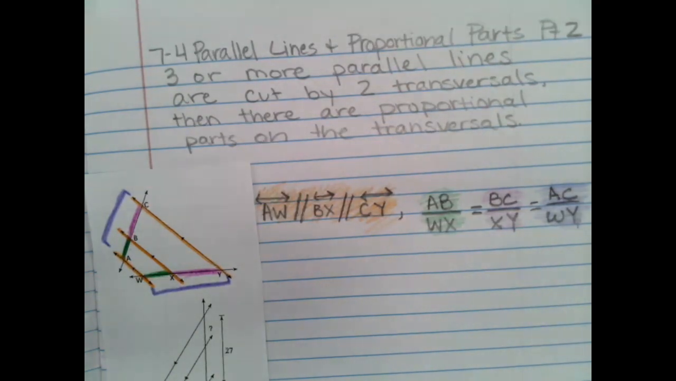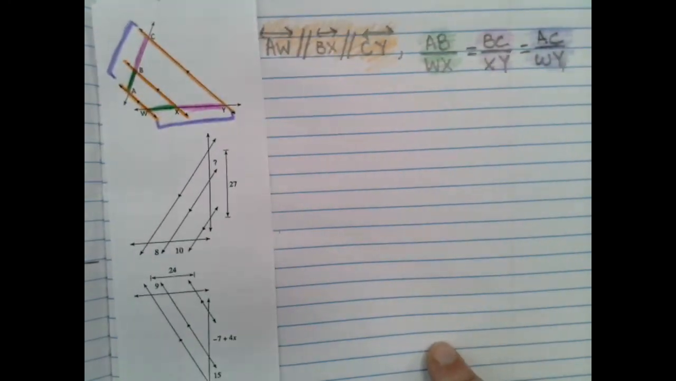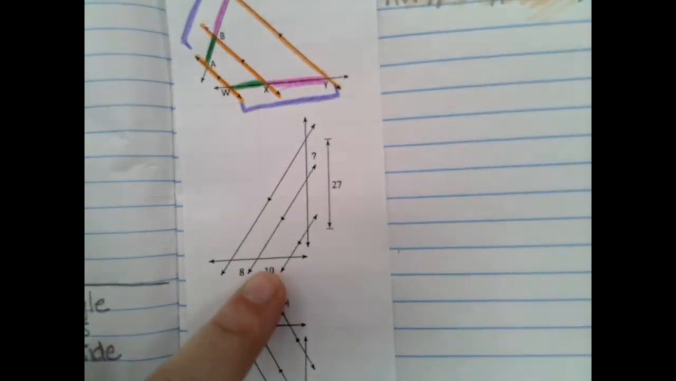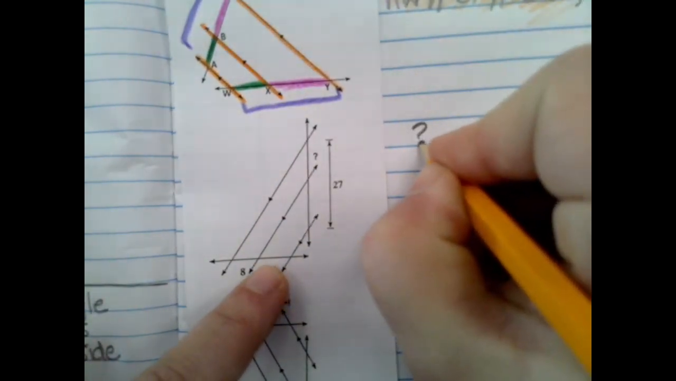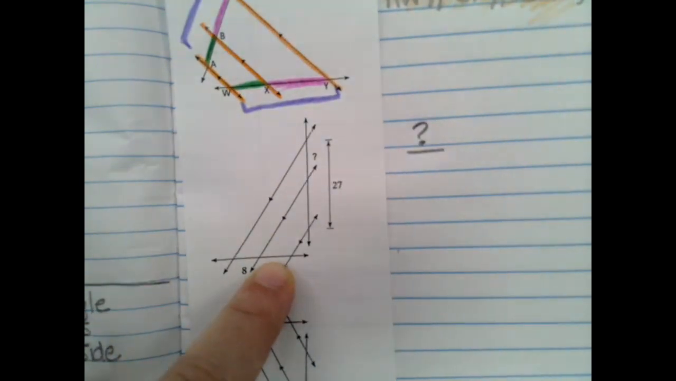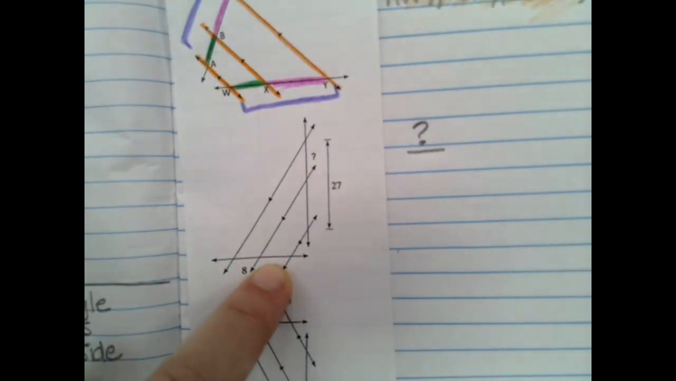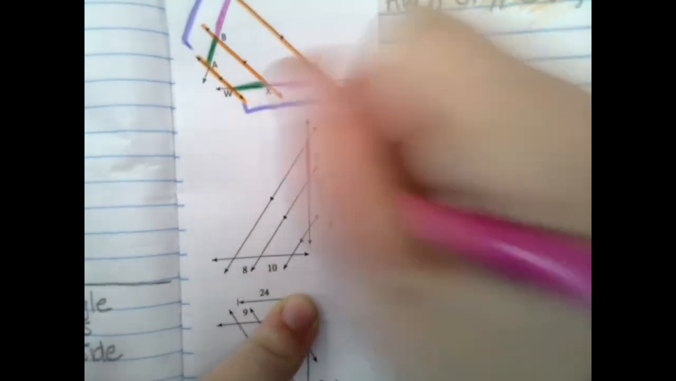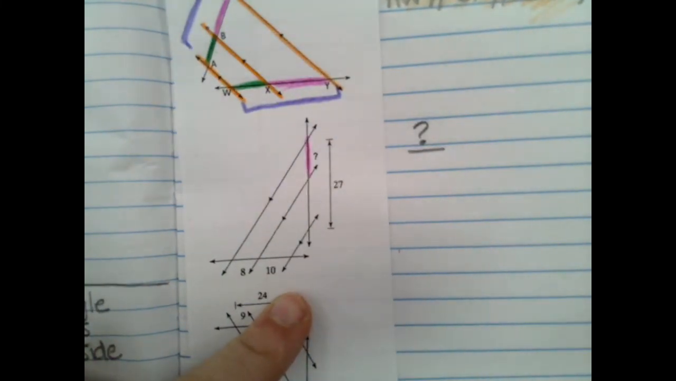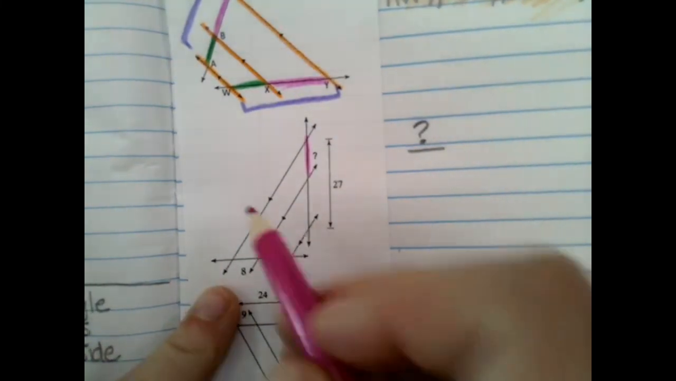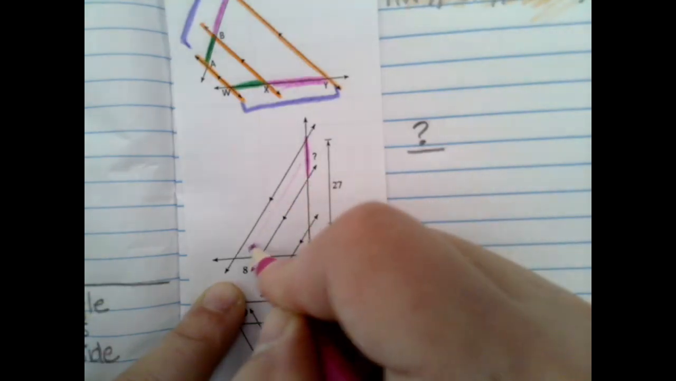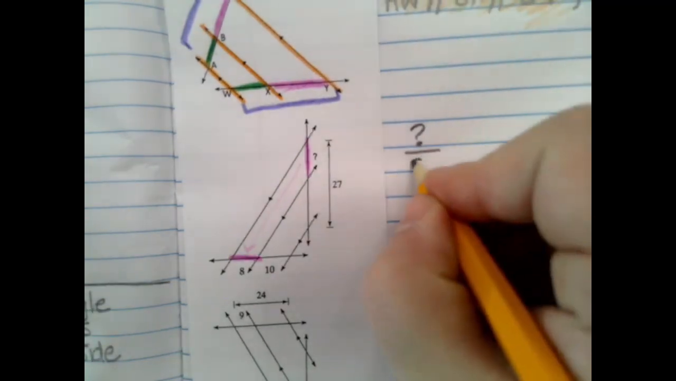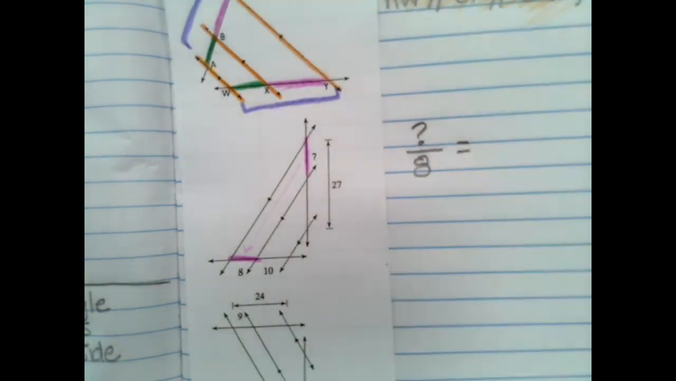All right, so as we go to that first problem, we're looking for that question mark, that missing amount. So I'm going to start with that question mark, and I want to compare that to something. So I want to put that over something. What can we compare the question mark to? Sure, 8, the one that's right across from it, which is 8. So question mark over 8 equals